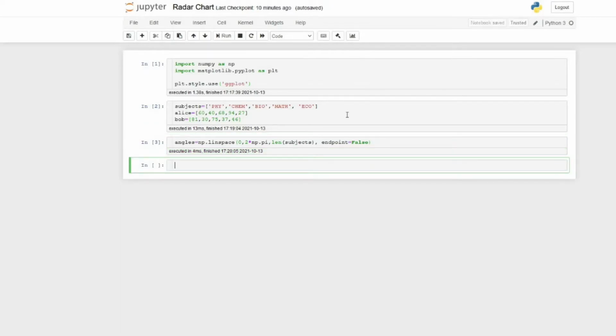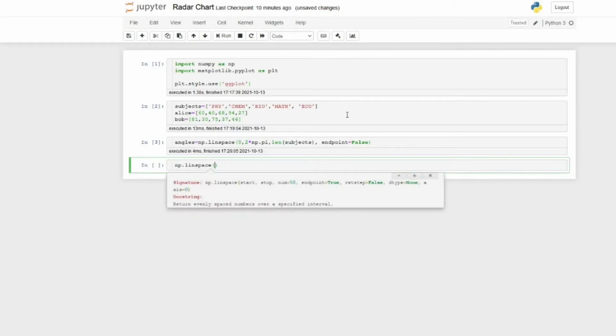I will show you. np.linspace is a function which can be used for creating equal intervals.